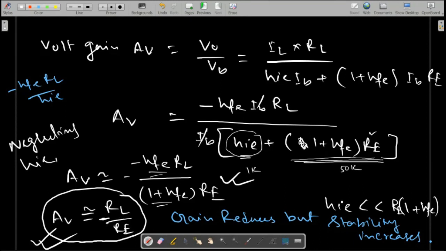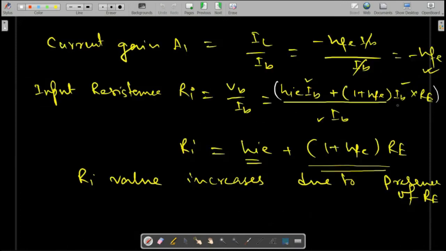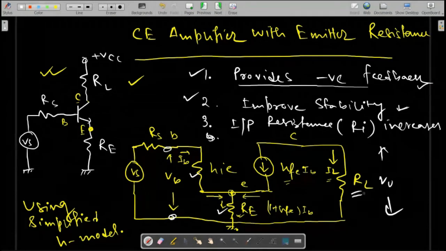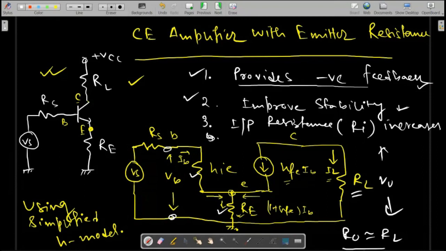And for output resistance calculation, you will face the same problem. By using this simplified model, we cannot calculate the output resistance of this common emitter amplifier. Theoretically, it will be infinite. If we consider load resistance RL as a part of the amplifier, then R0 equals RL. Actually, we cannot calculate output resistance using this simplified hybrid model in common emitter configuration. It's a problem. An inconsistent solution will come.